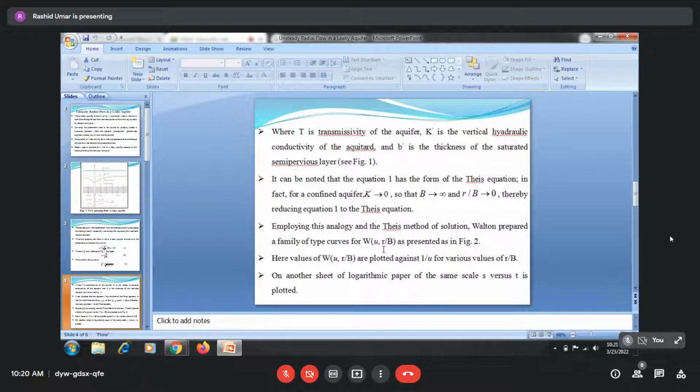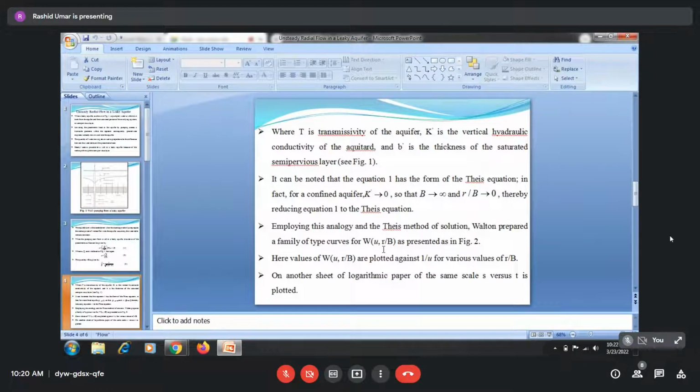The leakage factor will not be the same. So one type curve is not possible, as in case of confined aquifer,